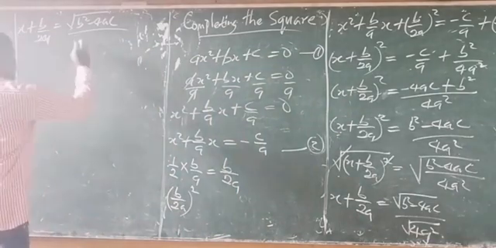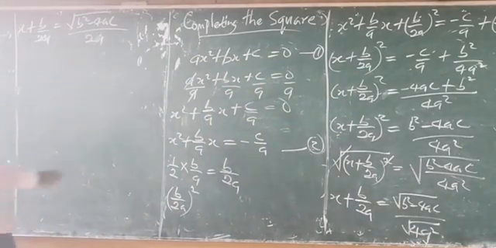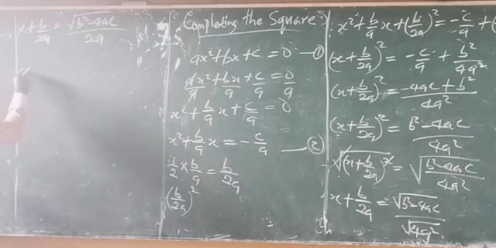So this is actually over 2a. Alright, so let's send plus b over 2a to this side of the equation. If plus positive sign crosses over, it becomes a negative sign. You have x is equal to, it becomes minus b over 2a